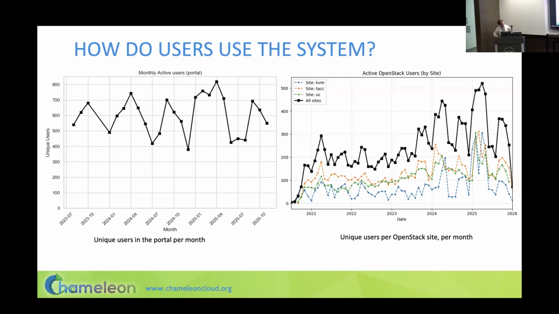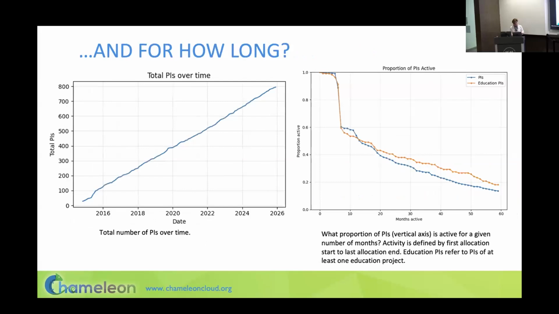Another interesting thing that you see in these graphs is the academic year reflected in the usage, right? So you see very high usage during the spring and fall semesters, and then it drops off during the summer and winter holidays. So really, we set our clocks by this. It's very, very regular.